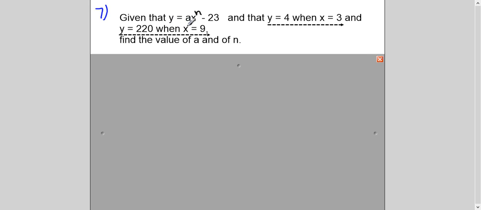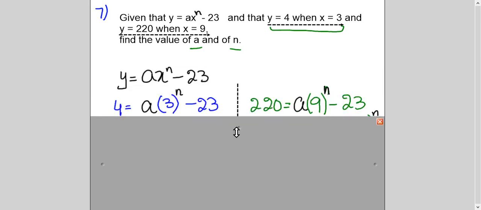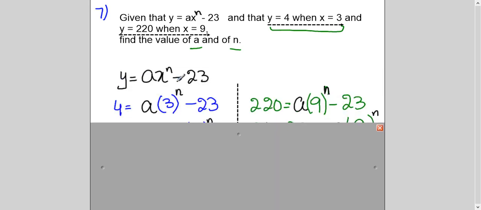Now this question is important. Why? Because now you are using exponential equations in the simultaneous equation way. How? This question is given to you and there are A and n unknowns which you have to find out. And two conditions of values of Y and X are given to you. So you will plug in here one by one and then you will solve it simultaneously. So let's see. This is the main question which is given to you here.